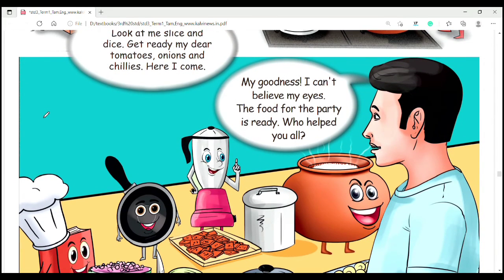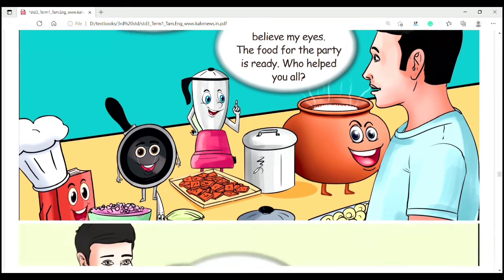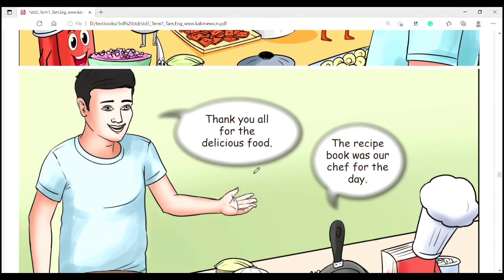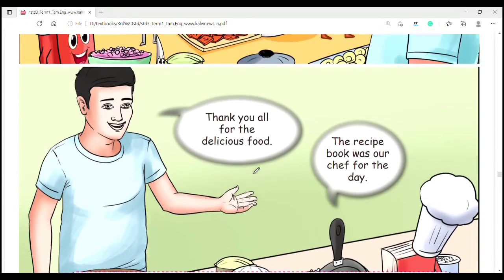Now Ram is waking up, and what is Ram saying? My goodness, I can't believe my eyes. The food for the party is ready. Who helped you all? So now Ramu is asking, என்னாலே என் கண்ணை நம்ப முடியல, எனக்கு தேவையான ஃபுட் எல்லாமே ரெடி ஆயிடுச்சு. Who made this food? யார் இதெல்லாம் செஞ்சது அப்படின்னு. Now Ramu is telling,